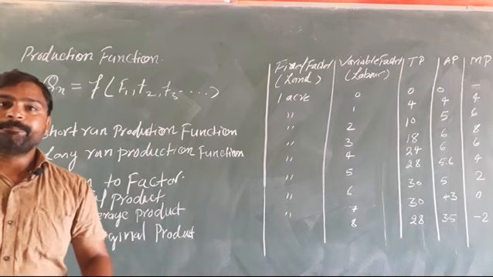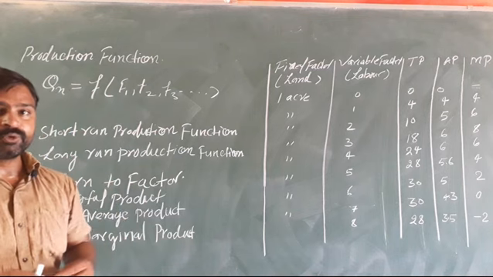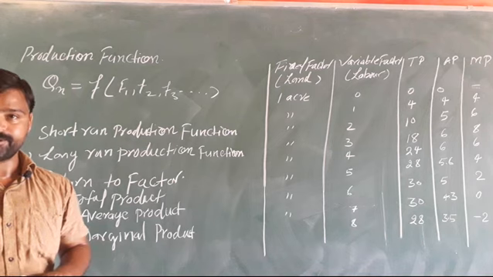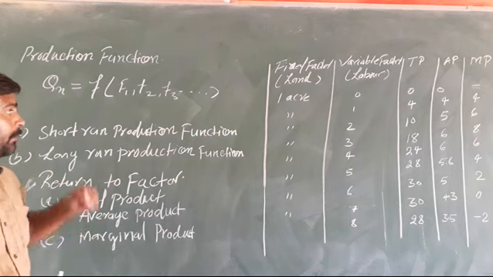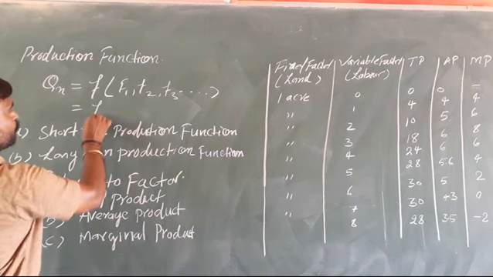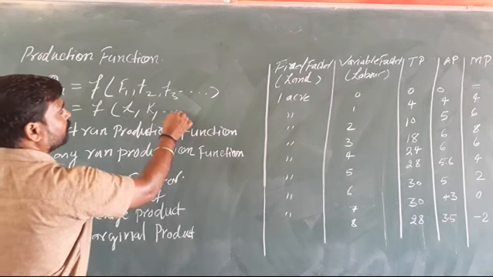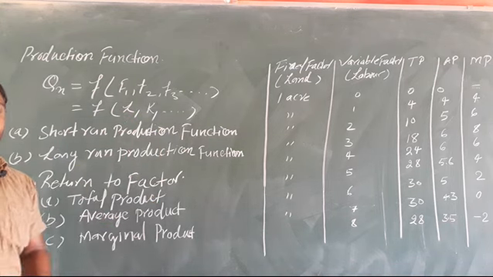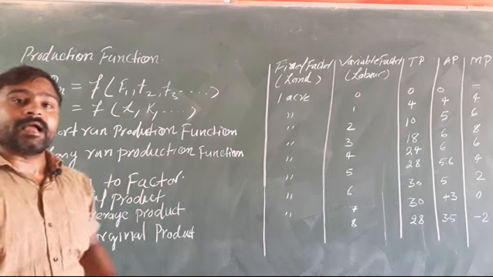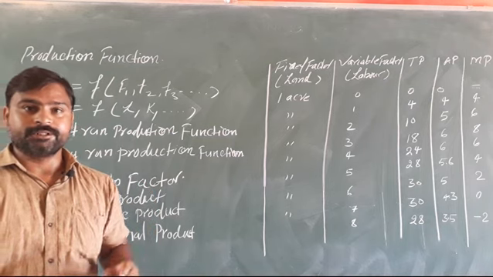It states the total quantity of a commodity which is produced by the producer with the optimum use of the available technology and the best use of the technique of production. If in the production function labor L and capital K are the input factors involved to produce, then the production function will be L and K, meaning labor L and capital K are responsible for the production of the commodity.